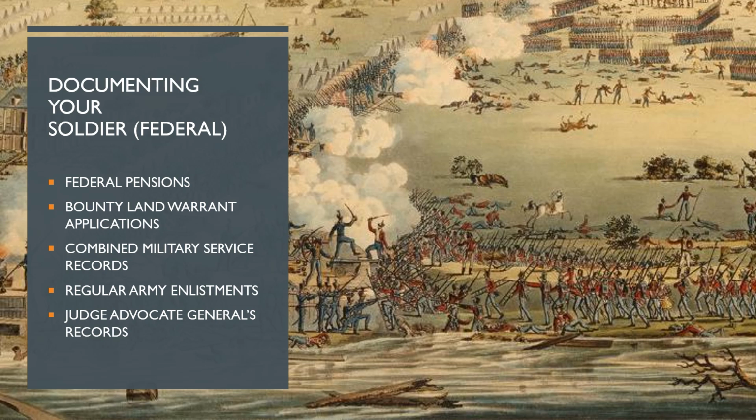There are no compiled summaries for average seamen as there are for land forces. You kind of have to know what vessel your seamen served on, and so you must try to find a bounty land warrant or pension application to help determine the vessel first. Muster and payroll records for this particular ship can then be used, and if you're lucky, you might even be able to view a ship's logbook, which would tell you where they were from day to day and what their operations were. Also, don't forget to look at the Judge Advocate General records, which have survived for the Army and the Navy. If your ancestor got into trouble, they could be extremely informative.